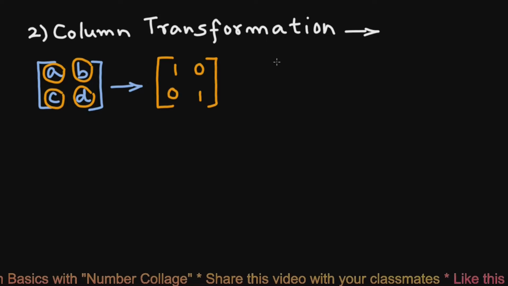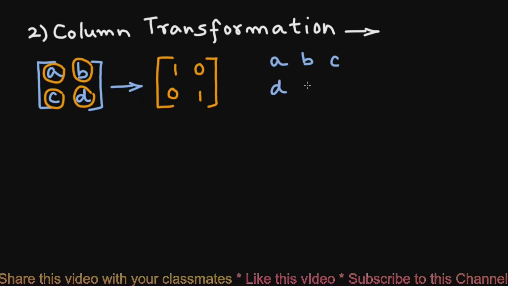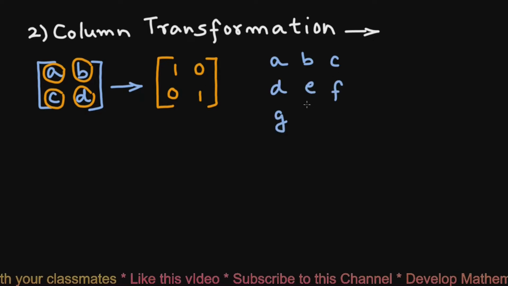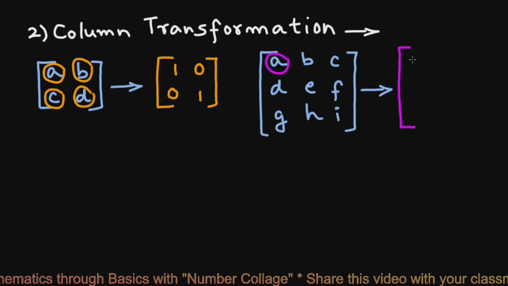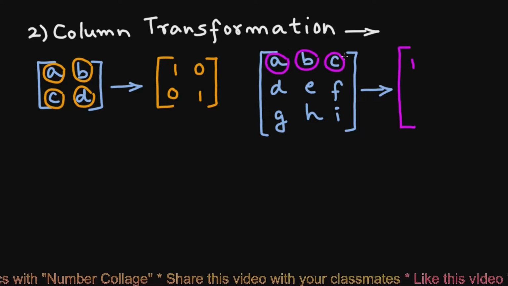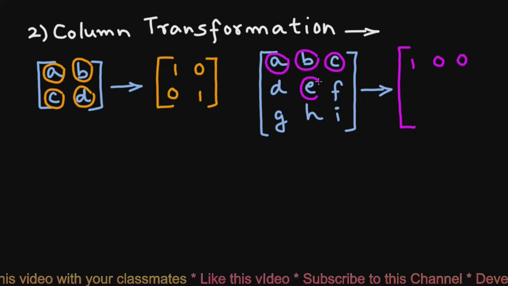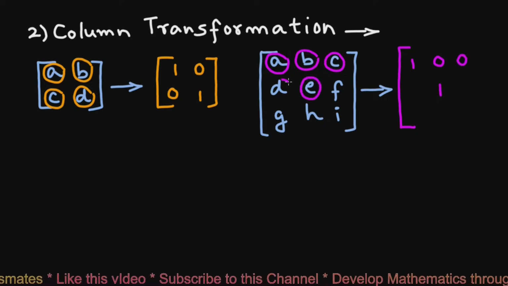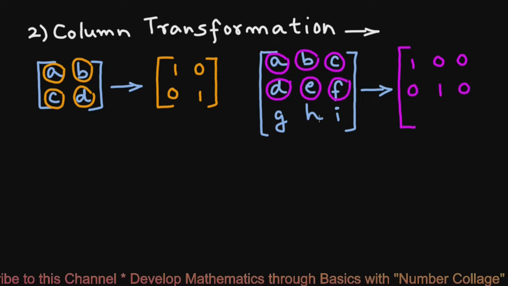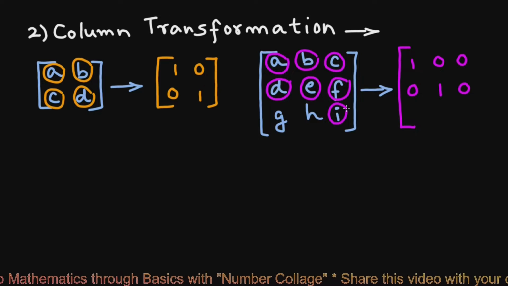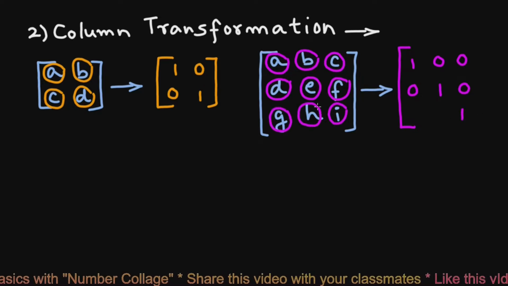In case of a 3 by 3 matrix A, B, C, D, E, F, G, H, I, as usual, this A is made 1, then B and C each is made 0, then this E is made 1, then this D and F is made 0 each, and finally this I is made 1, then this G and H is